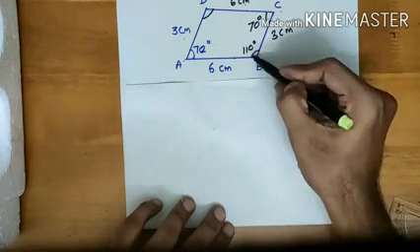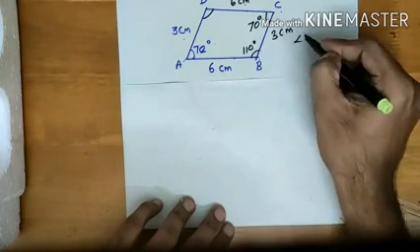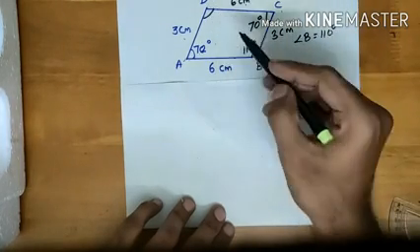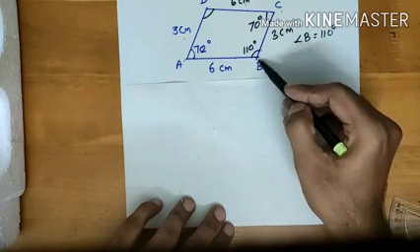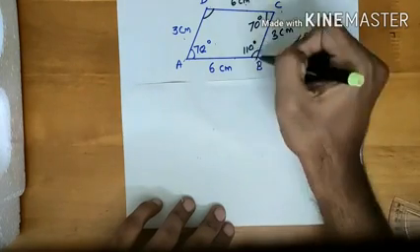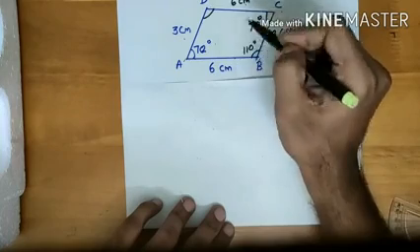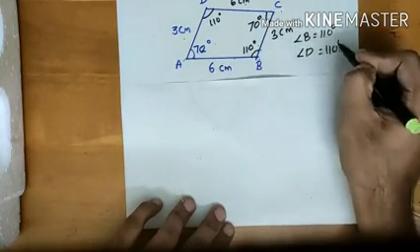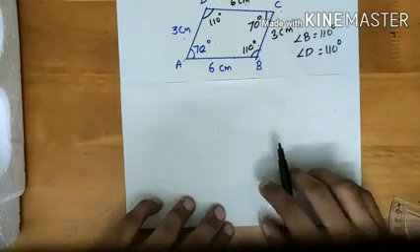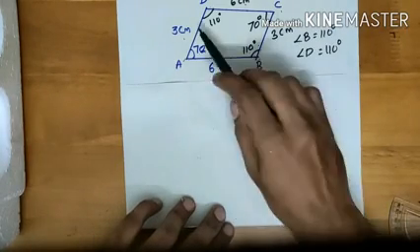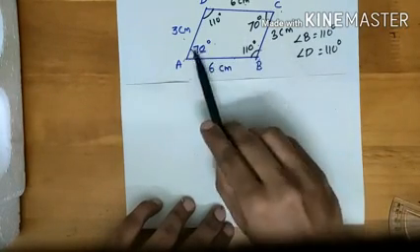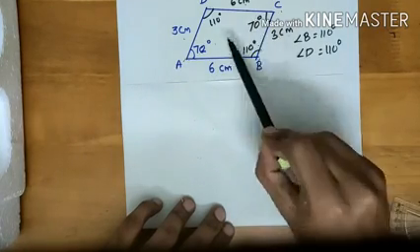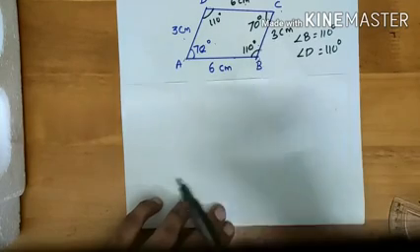So angle B equal to 110 degree. Angle D is the opposite angle of angle B, and opposite angles are equal. So if it is 110, then angle D is also equal to 110 degree. So if you are given a parallelogram, two sides and an angle, then you can find the remaining two sides and the remaining three angles.